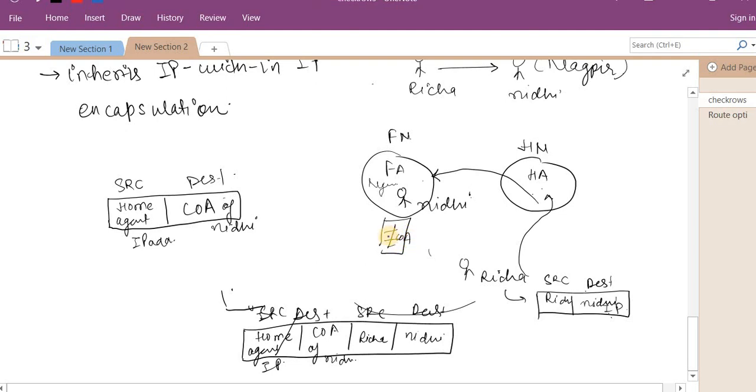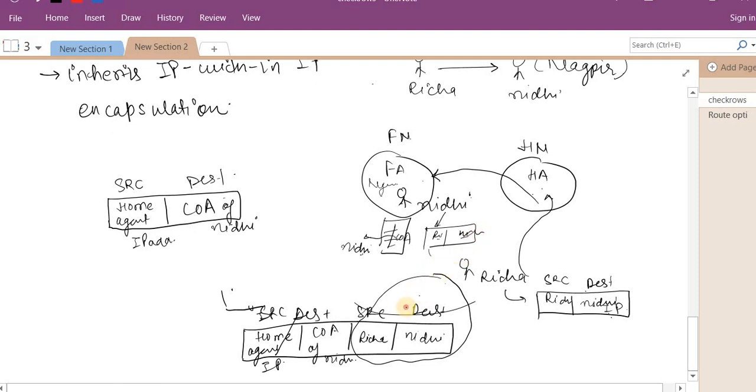From this table, it knows that this care-of address is held by the Nidhi entity, so it directly forwards this packet towards Nidhi. So Nidhi receives only this one entity, the Richa IP address and the Nidhi IP address, this one packet.